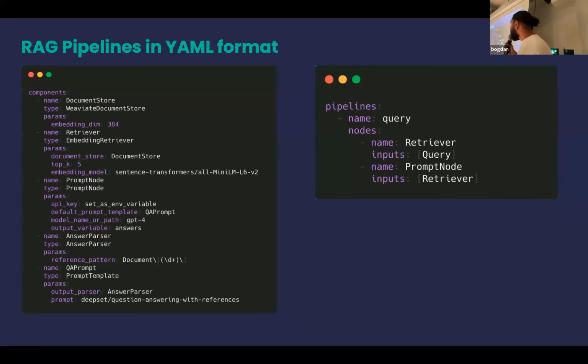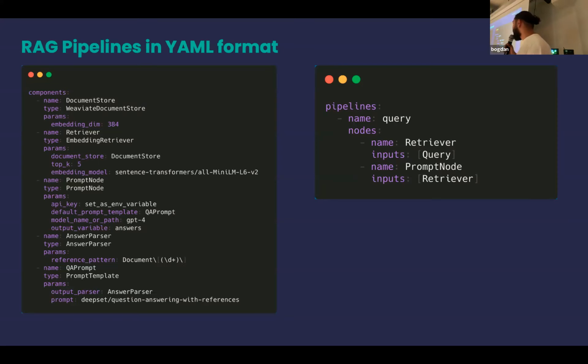So this is then an example of the pipeline that I showed before, this RAG pipeline, in YAML format. In Haystack, when we want to serialize pipelines, we use this YAML format, and this comes in handy for production applications, where you basically want to deploy your application in Docker environments, for example. On the left-hand side, we define all the components that we are using.